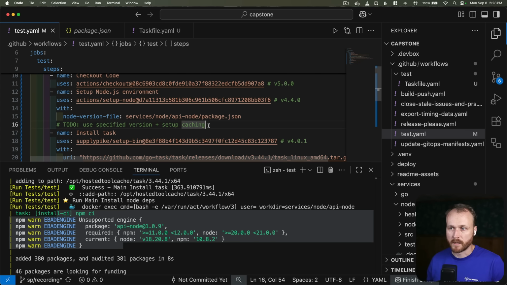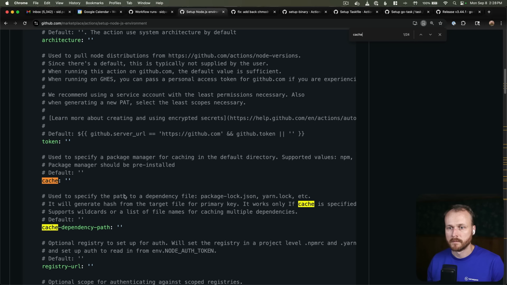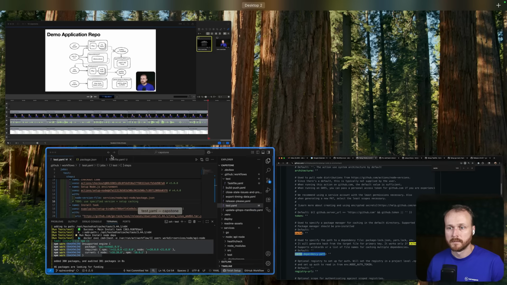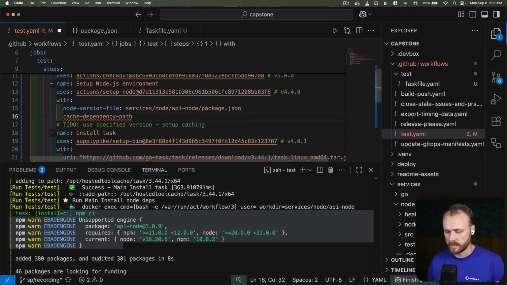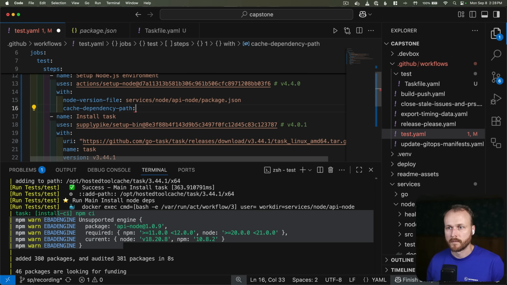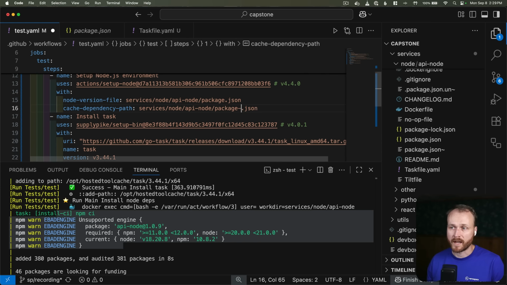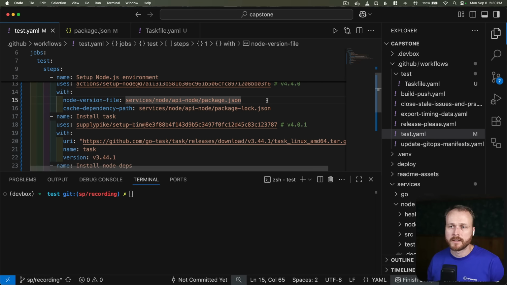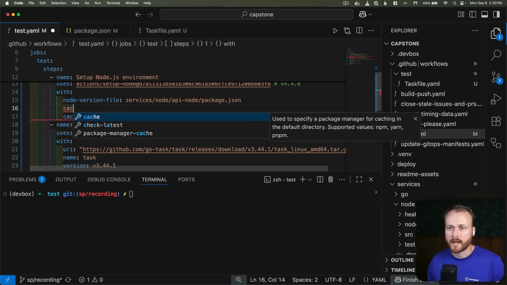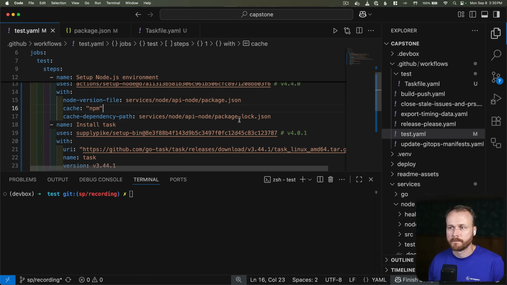And similarly, we can set up caching by passing it a path to my package lock file. So here, I'll do cache dependency path. But instead of my package.json, this will be my package lock.json. And then I also need to tell it that this project is using npm by specifying cache npm. So with these 3 inputs, we're giving it the appropriate version to download and install. We're telling it which type of cache to use, as well as which file to use to determine an appropriate cache key. And now when we run it again,